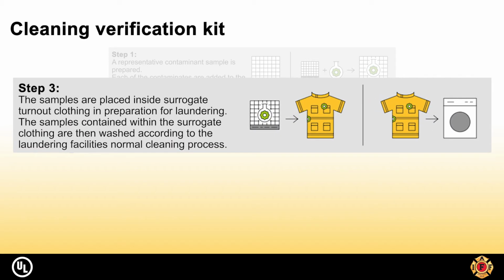The day of the cleaning, after samples arrive, the cleaning loads are prepared. A load layup is provided to the customer so that each layer within the load is in the correct location. An engineer, through witnessing, will guide the customer through placing the contaminated samples into surrogate garment pockets, as required by the standard. 2 loads are prepared, the first with the biological contaminants, and the second with the organic chemicals and